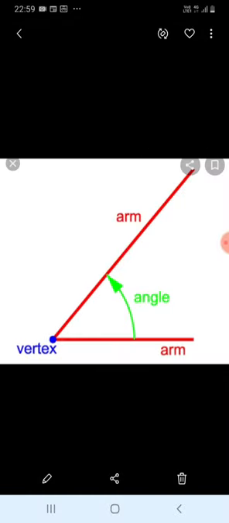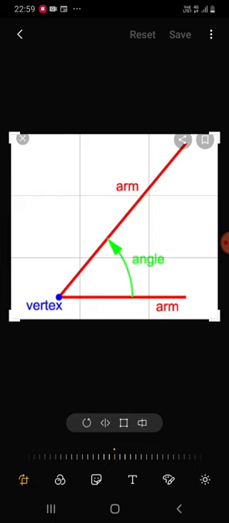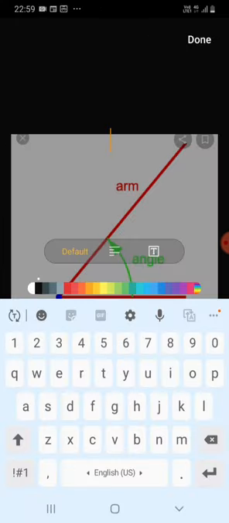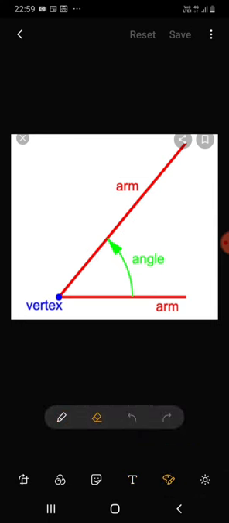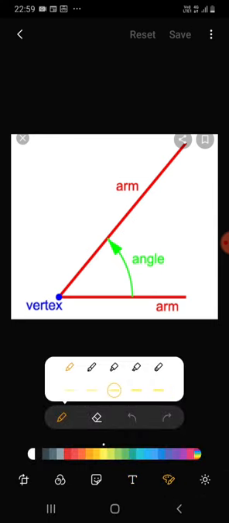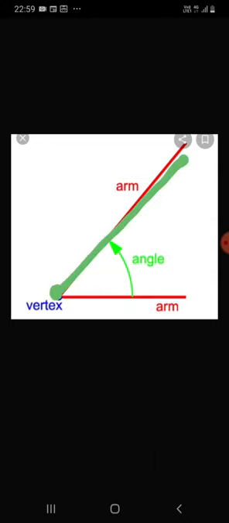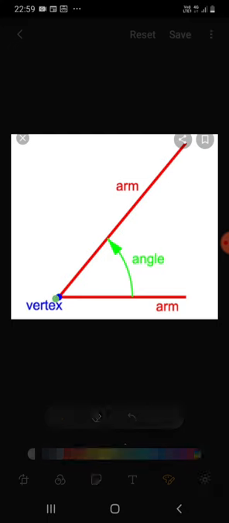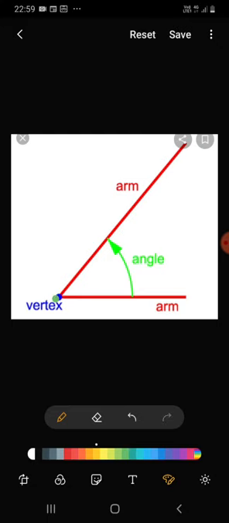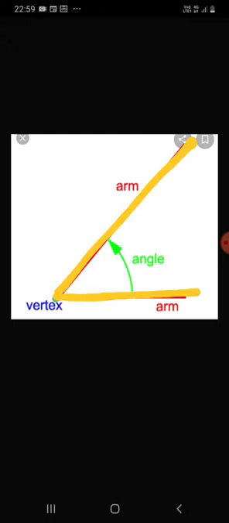For your clear information, an angle consists of 2 arms. You can see that there are 2 arms here. And let me just mark them for you. This is a vertex, arm 1, arm 2, angle. Let me mark it with different colored pens so that you get a better reference. Vertex or the point, arm 1, arm 2. And lastly,